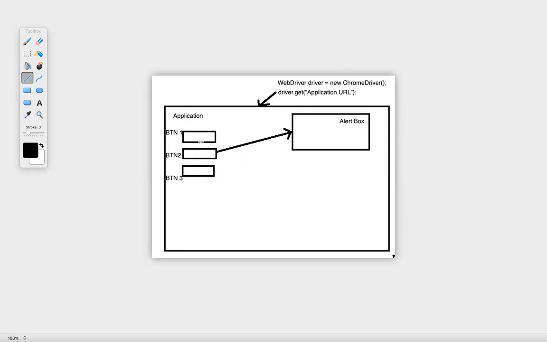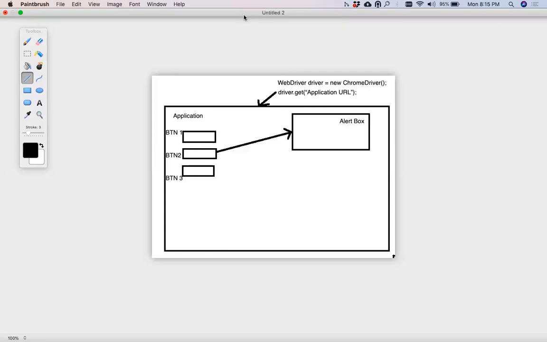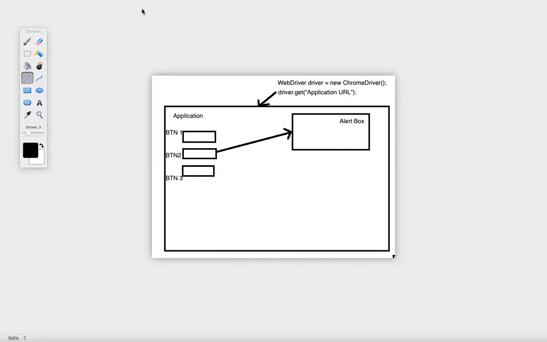Now, when you click on BTN2, can you directly go and click on BTN3? Question to all of you. Can you directly go and click on BTN3? No, right?